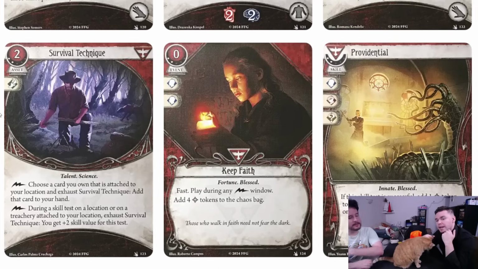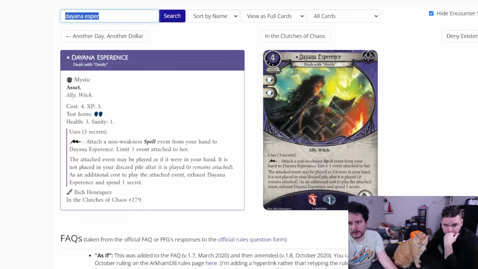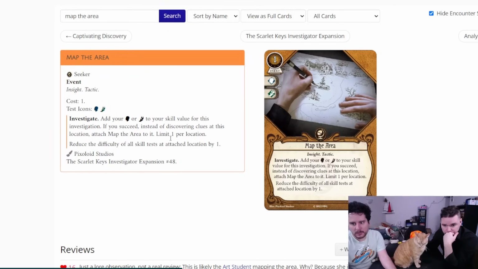I actually love that it allows you to bounce back items that are spent out. Yes. And also, well, not items, because they have to be attached to your location. So it doesn't return that, but there's a card, for example, called Map the Area, which you attach to your location and reduce the difficulty of all tests by 1, and you can bounce that back to your hand. That's really fun. There's also stuff like, for example...